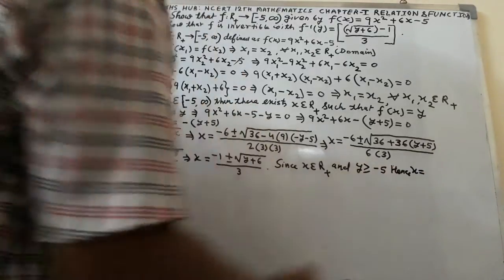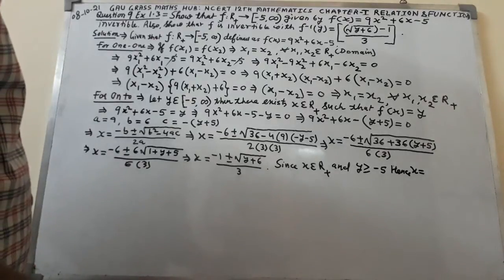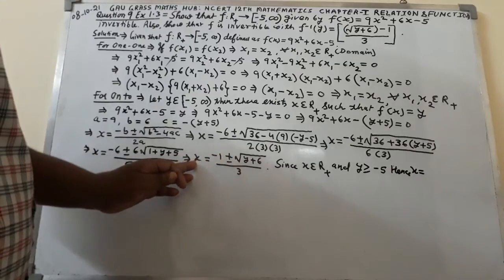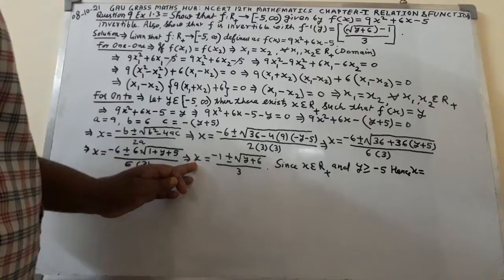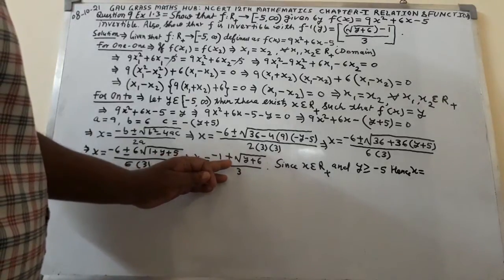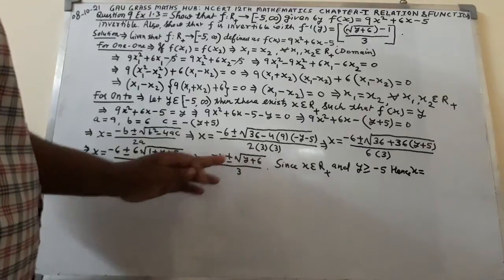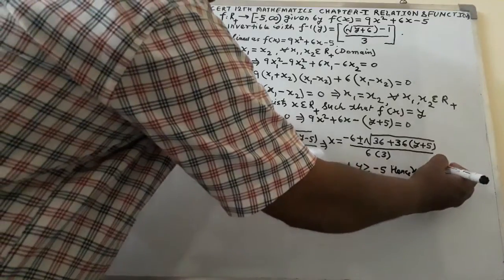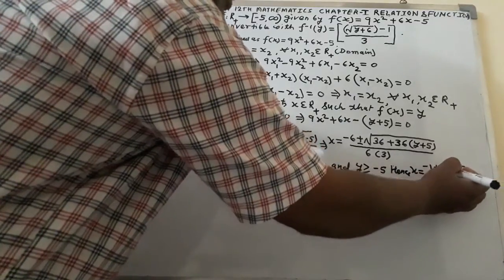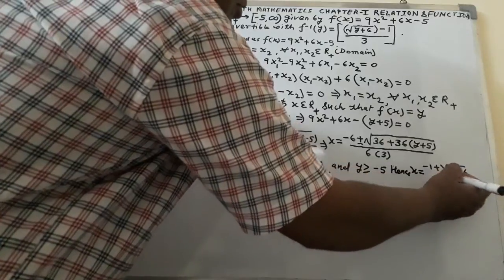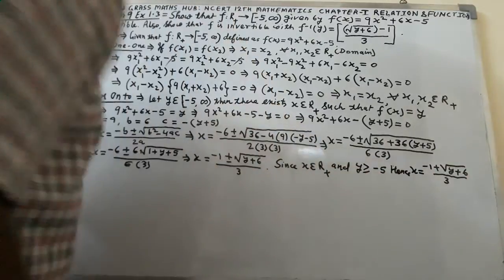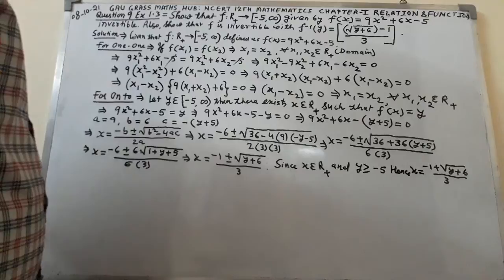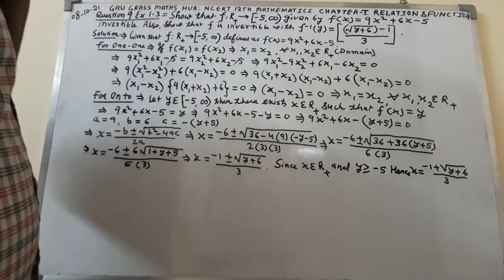Hence x is equal to, here minus sign, minus 1 comes out to be negative. X will have minus sign. That's why here minus sign will be neglected. We shall take only plus sign. So here you will get x equal to minus 1 plus under root y plus 6, whole over 3. Only positive value of x we shall take. The value of x we have got is this one.